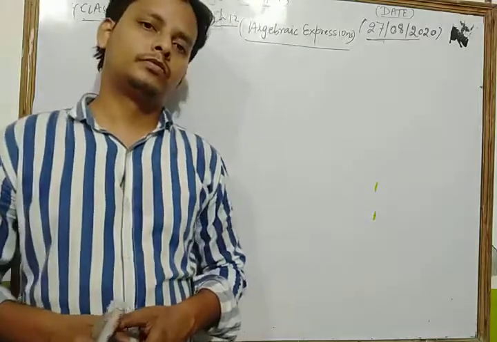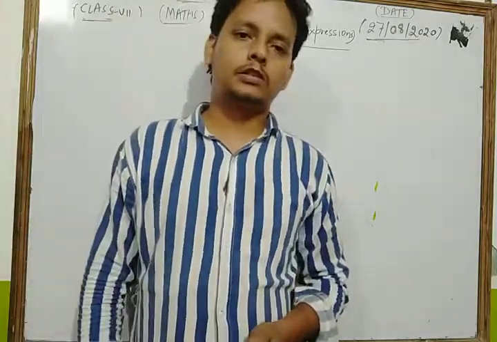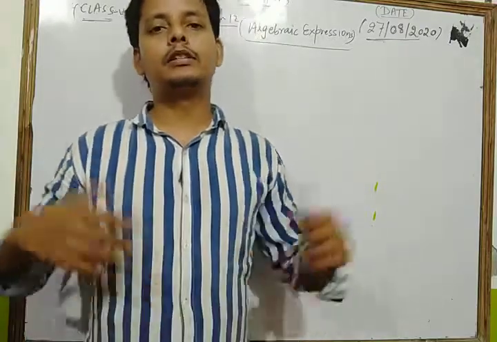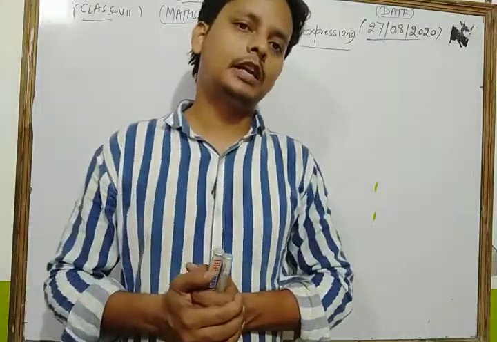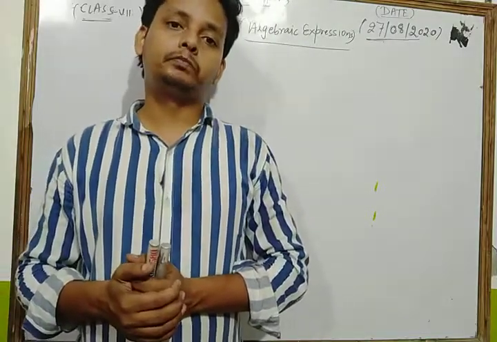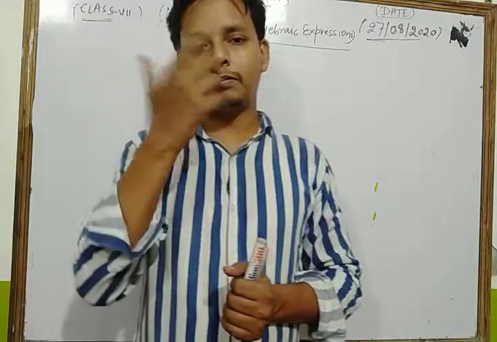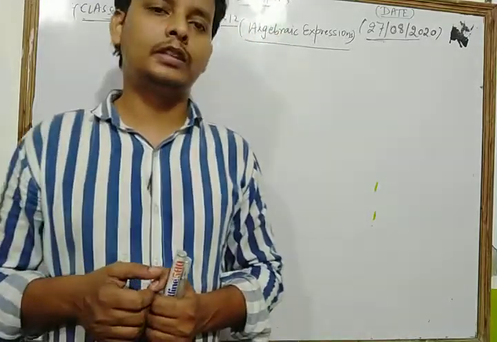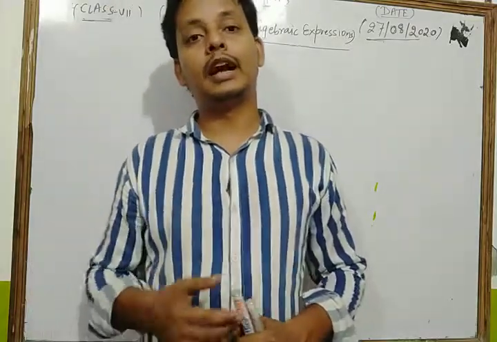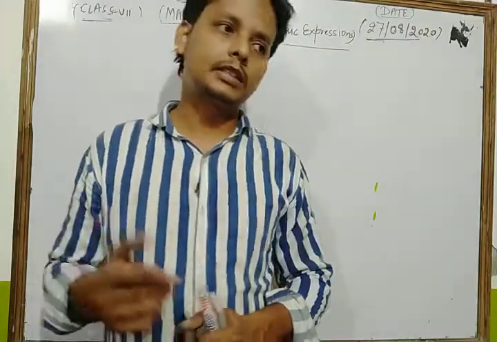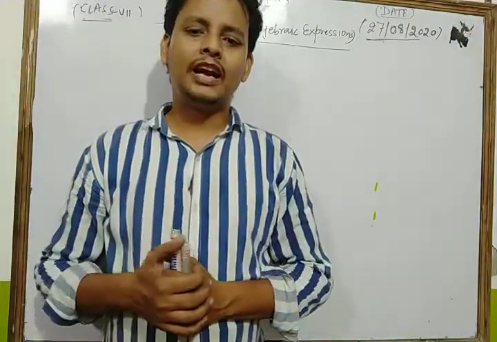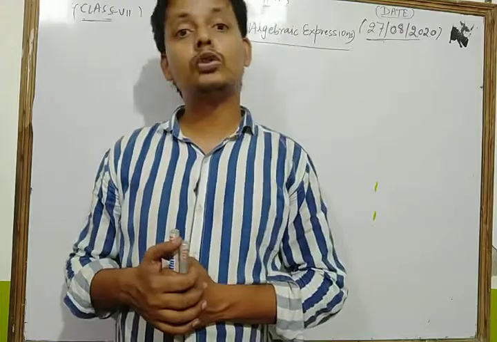Dear students, in the previous class we discussed the chapter symmetry and all the concepts of symmetry, like lines of symmetry. We discussed which solid shapes have lines of symmetry, and we discussed rotational symmetry and the order of rotational symmetry. We discussed the angle of rotation and the center of rotation, etc., and discussed many questions based on them.